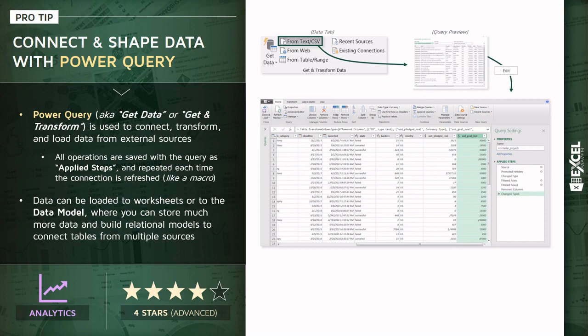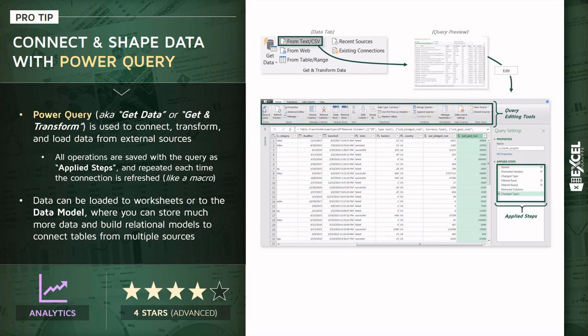Now keep in mind there's no way I could even scratch the surface of all these tools within the scope of this particular demo, but I do have an entire course that goes in depth into these tools. It's the Power Query, Power Pivot, and DAX course. For the purposes of this introduction, keep in mind that there are a few important sections of this query editing window. You've got your query editing toolbar at the top with options to transform or add new columns, and